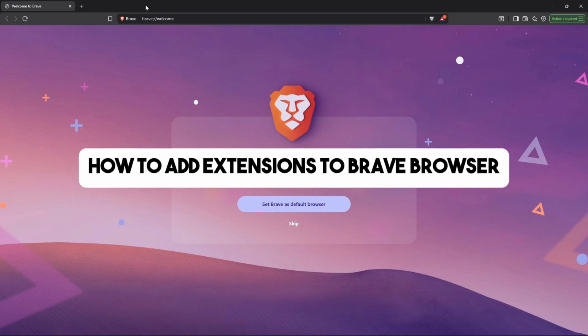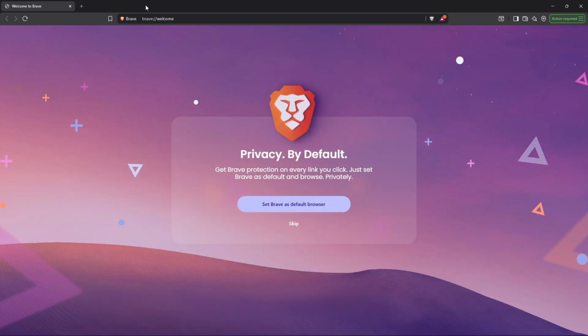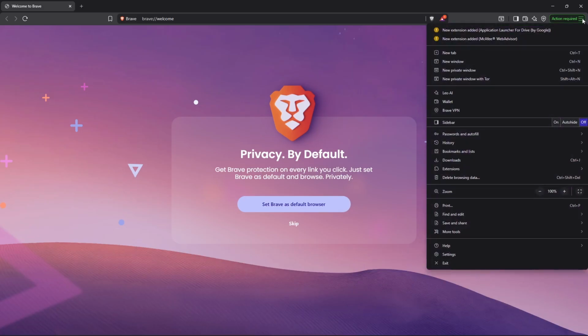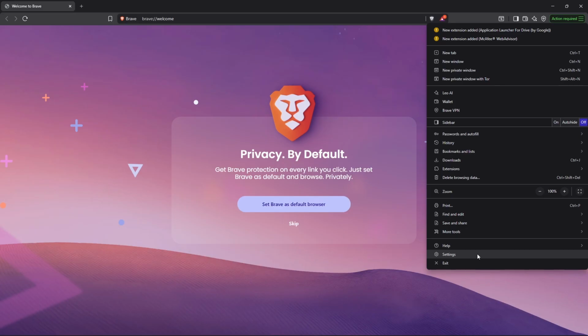Today, I will be showing you how to add extensions to Brave browser. So, the first thing that you will do, guys, is simply go ahead and go to the settings in your Brave browser. You can do that by going to the three lines on the top right corner over here. And now, once you are here, guys, go ahead and go to the settings right over here